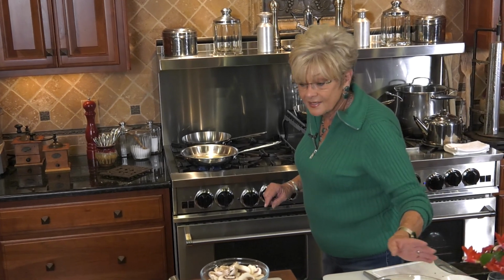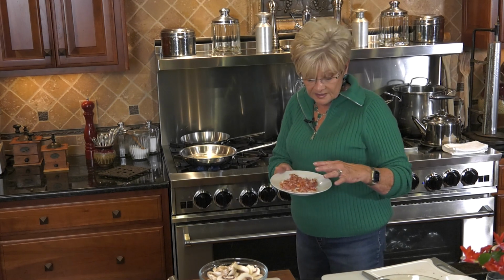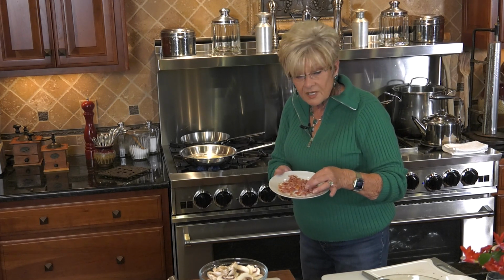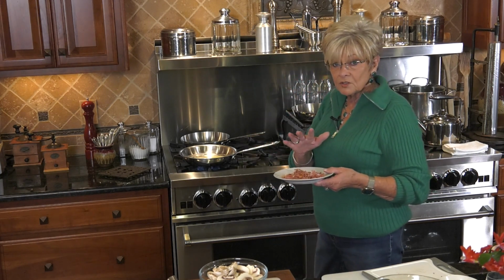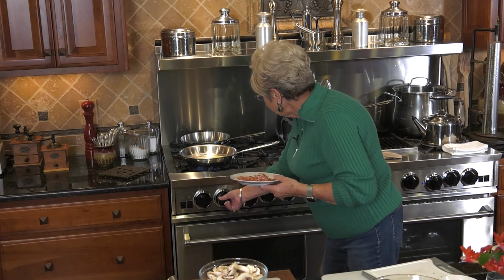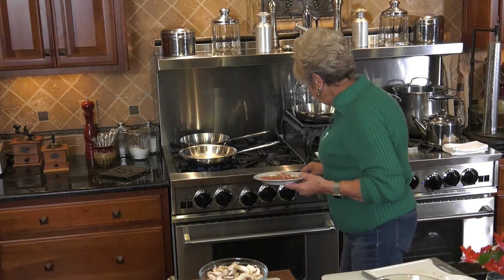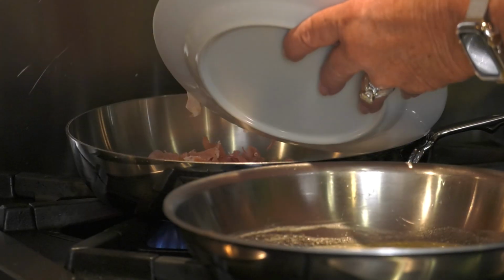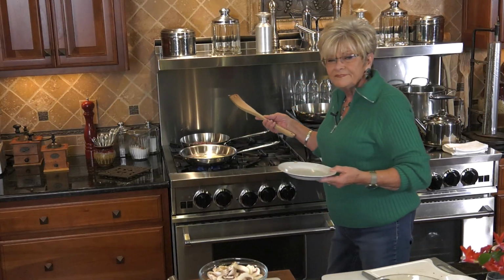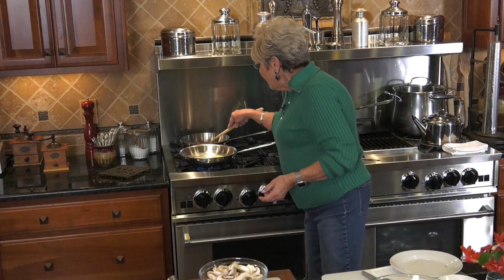Next, we're going to do some pancetta. And pancetta is Italian bacon. It's very thin for the most part. You can get it a little bit thicker. But I got thin sliced, and I have just diced it up so it's ready to go in the pan. Now this renders on its own, so we're going to turn my back burner on. And put this right in the pan too. The mushrooms, they take about 5 to 7 minutes at the most, and we just want this bacon to get warm and a little bit